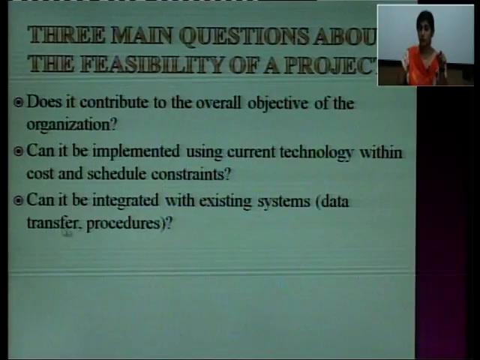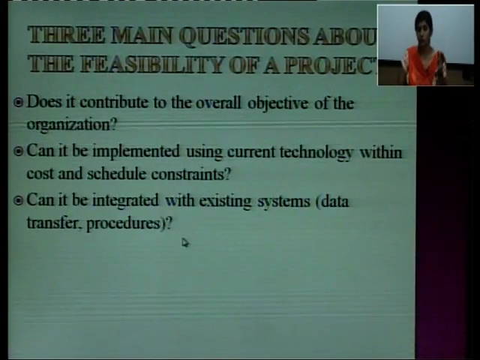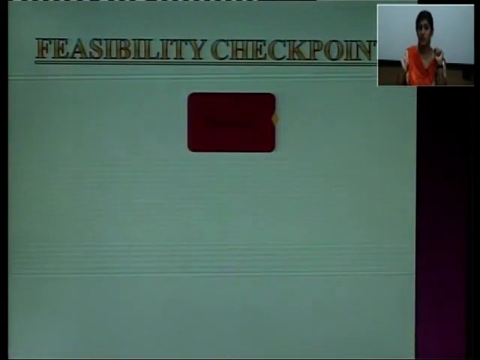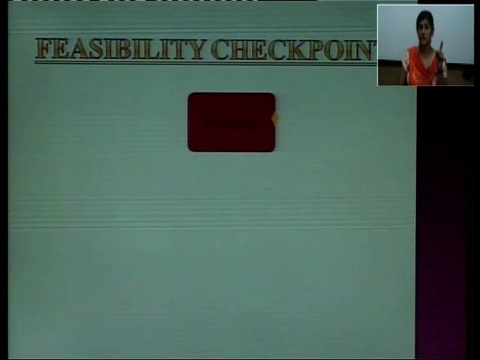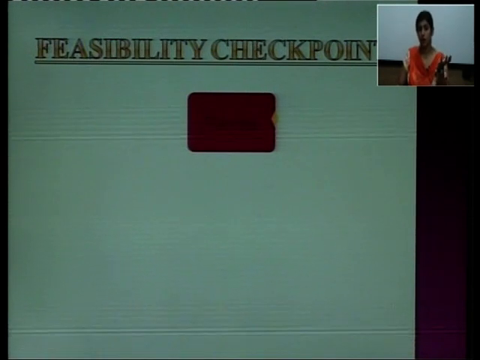Now, can it be integrated with existing systems? Means the data transfer and procedures, whatever it is, whatever it can be. Now, feasibility checkpoints, where we always check the feasibility, means what are the steps that we do before